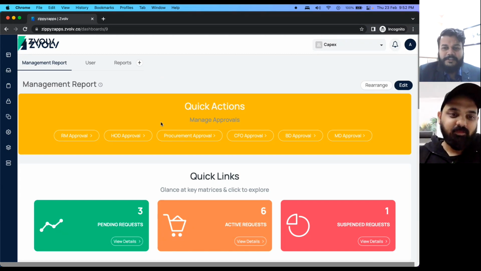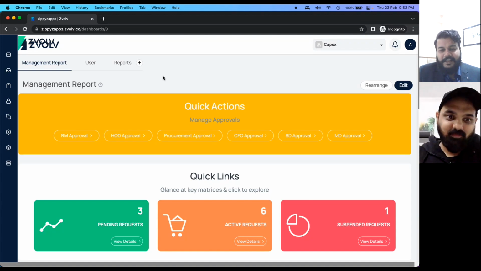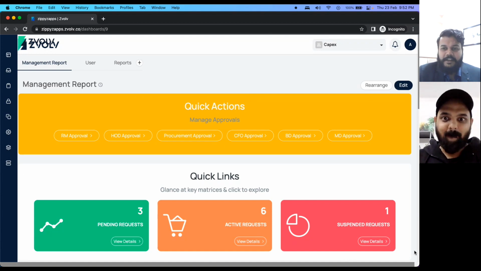Thanks so much, Siddharth. This was actually a great session. And just looking at the app and all the processes, underlying layers, I feel it's really easy to build any application on Zvolv. In fact, a couple of other processes are also popping up in my mind, which I can probably use Zvolv to automate. Thanks again for this great session. Over to you, Rahul.